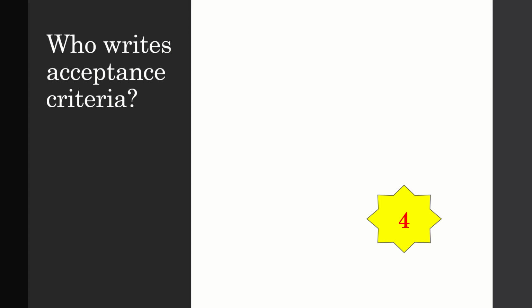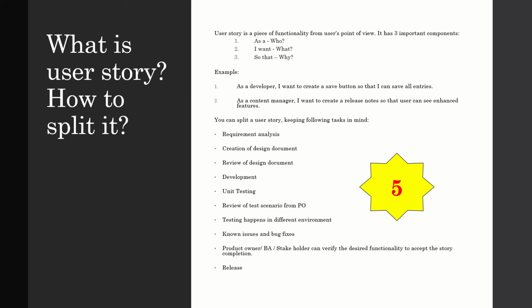Who writes acceptance criteria? Product owner. What is user story? How to split it? User story is a piece of functionality from user's point of view. It has three components: as a, who, I want, what, so that, why. Like, as a developer, I want to create a save button so that I can save all entries. Or as a content manager, I want to create a release note so that user can